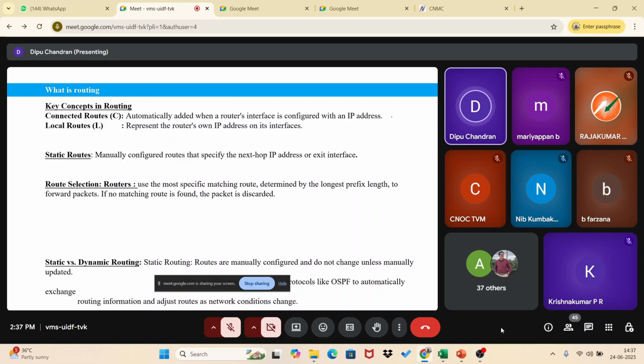So there will be some matters also. Some technical words we are using, like connected routes. Most probably, whenever we look at the routing table, don't be frustrated. A routing table means if I am getting many packets, where all they have to be sent and which interface they have to go out of, there is a table of data that says where to send them. This is only the routing table.